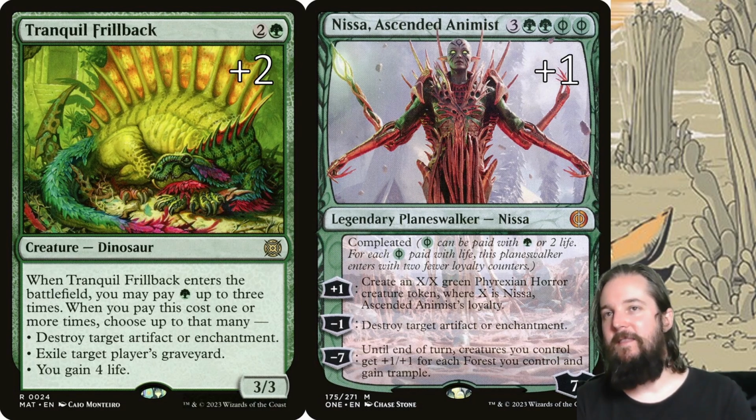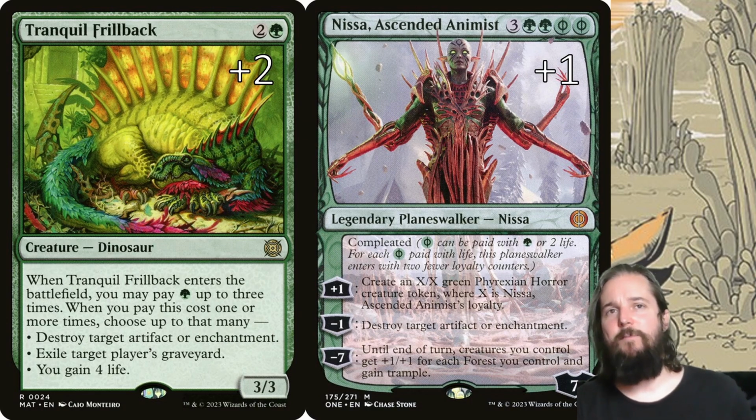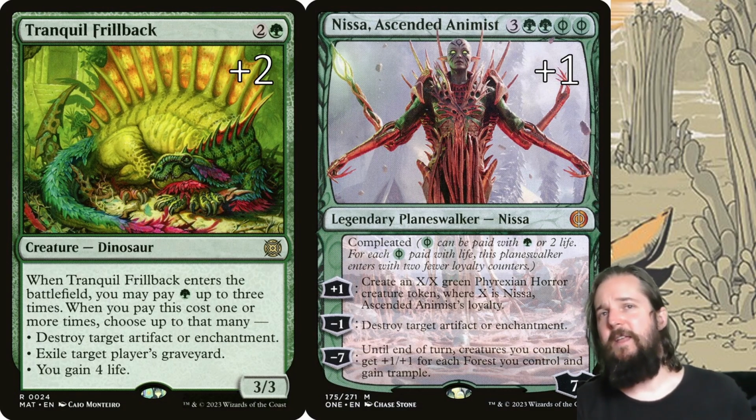So in the Pro Tour, there was an Esper list that had neither of those enchantments. So don't bring in your enchantment hate if they're running the enchantment-less version. So keep that in mind. And then the Nissa Ascended Animist here is useful as well for artifact or enchantment hate. So again, if they're favoring the Wedding Announcement and Virtue of Loyalty lists,